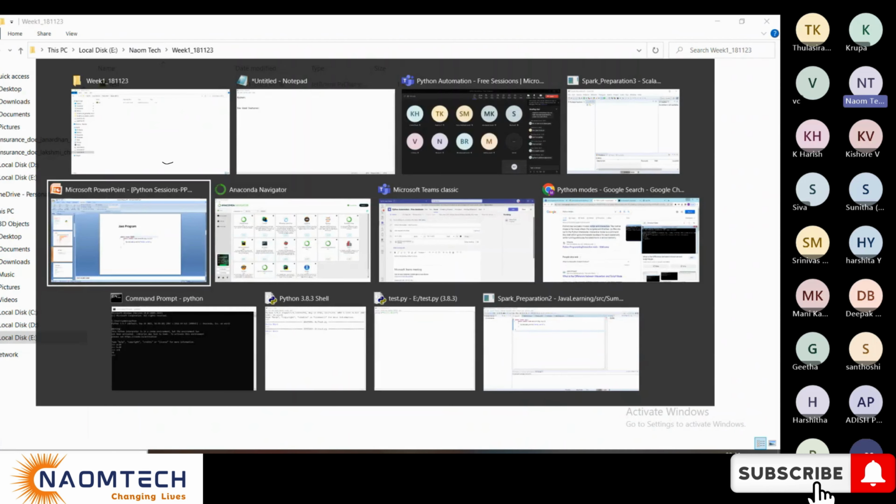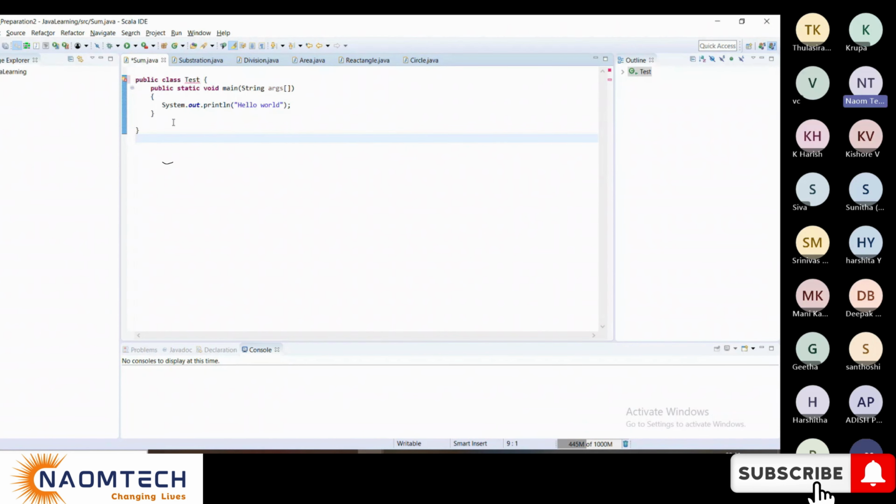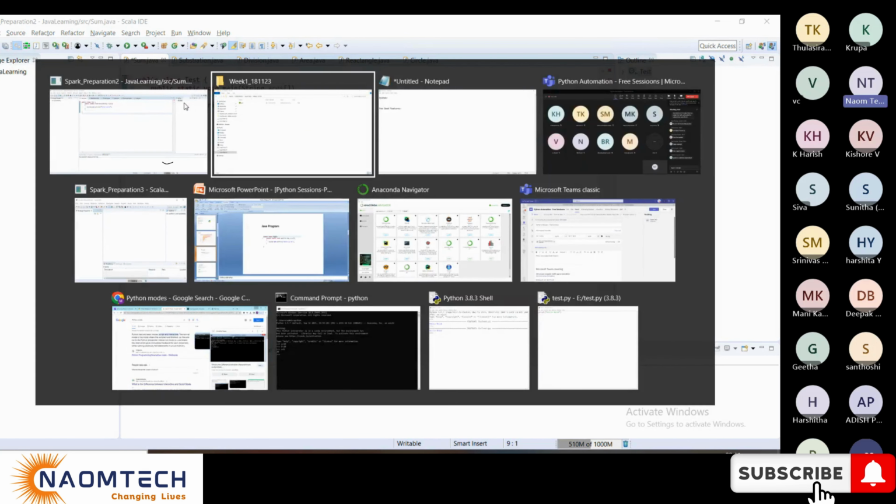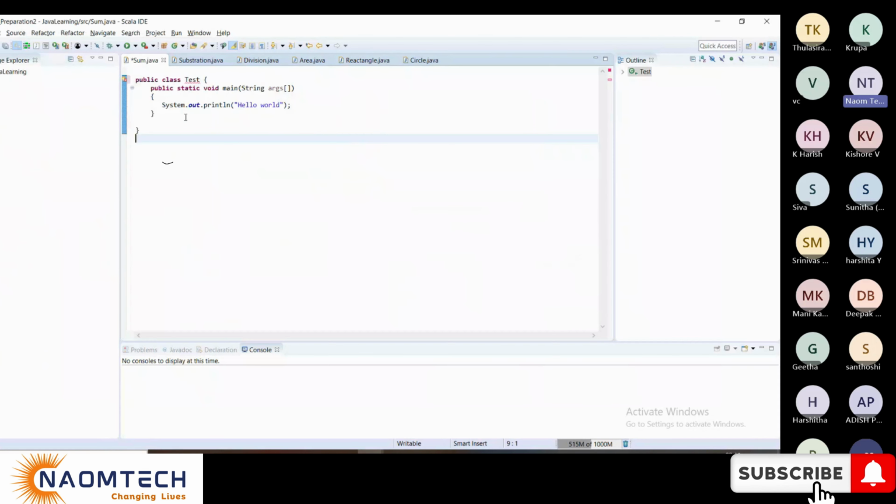Yeah, we have Eclipse here. Team, can you see this is a simple Java code? I just switched my discussion. I know we'll go back there, and I'll talk about a few important things as well. If you see, just to do a hello world, you need one class in Java and one main method, and then you need a print statement. You need all this background if you want to do a simple hello world program.